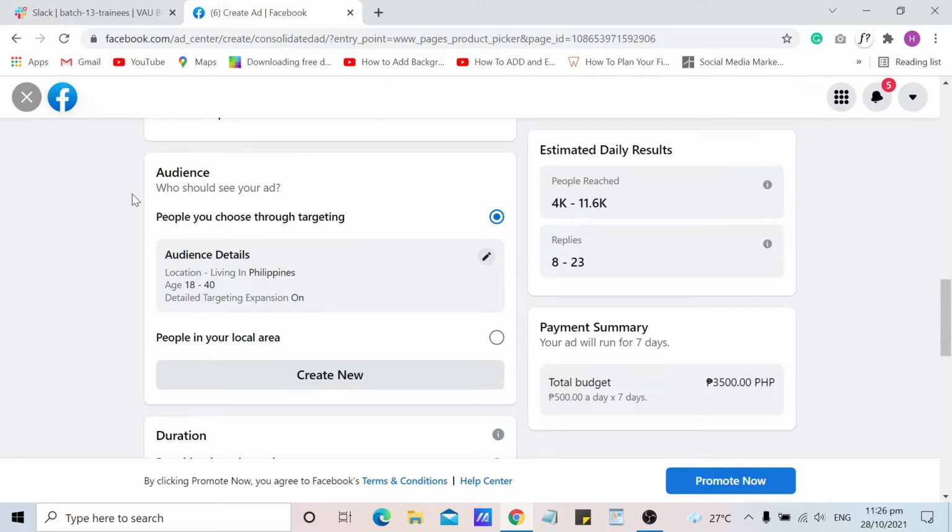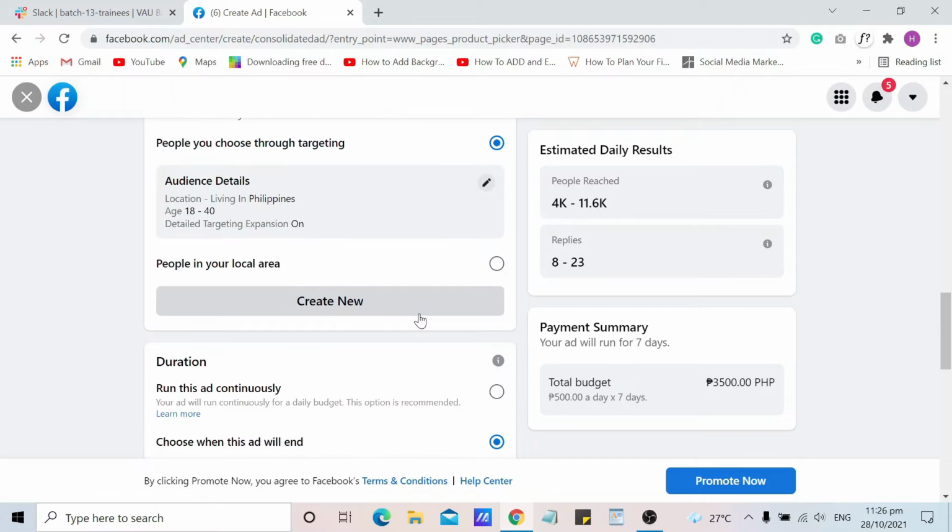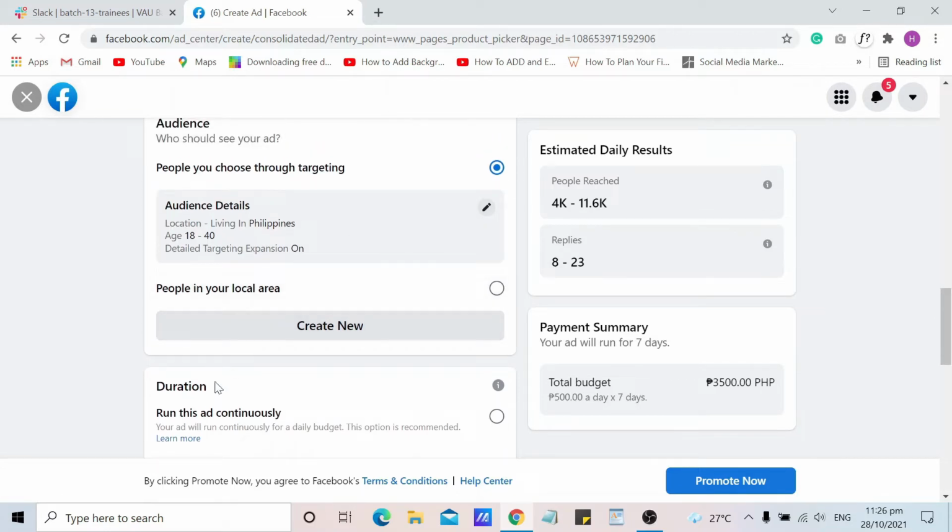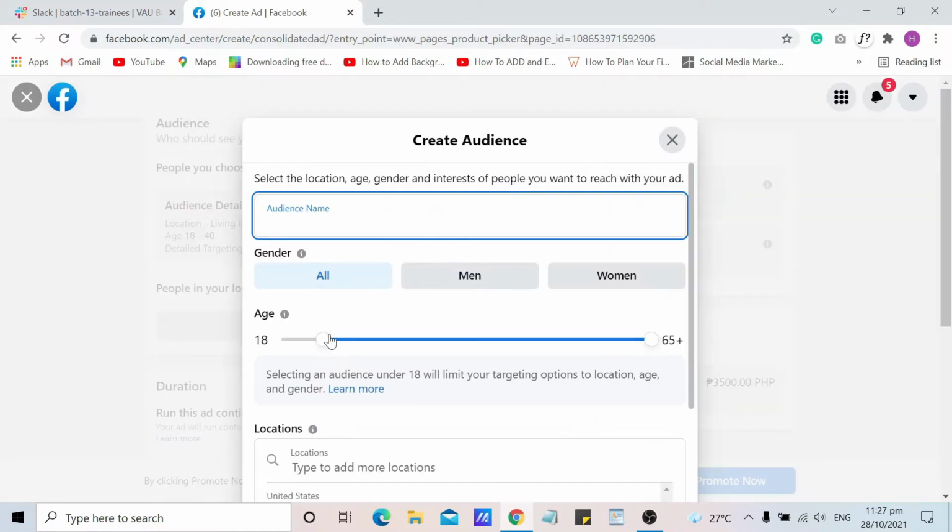Now we can define our audience. You can choose people you choose through targeting or people in your local area. And then click create new. Write the audience name here, the gender, men or women, the age bracket.